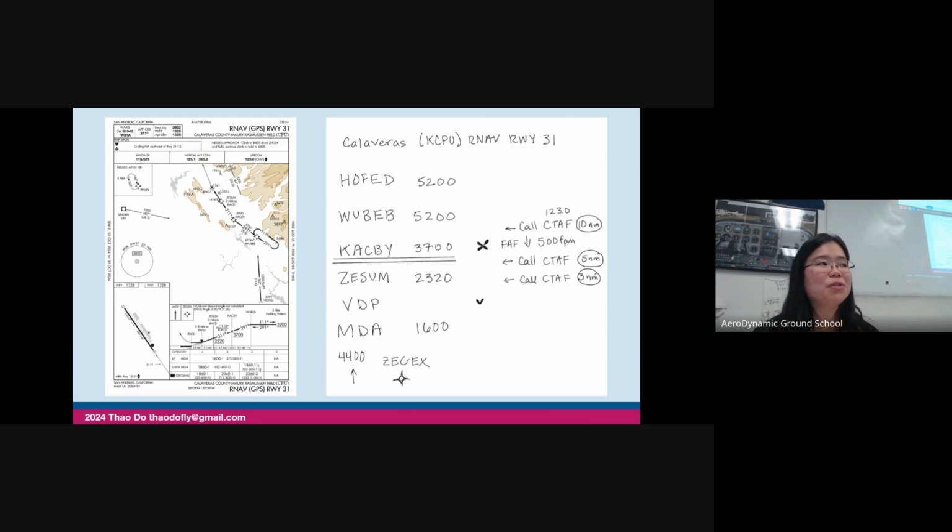So I train my student, we could fly an entire ILS approach, an LPV approach, if the wind is relatively calm for 20 miles hands off, just controlling with our feet, with our rudder, staying really well on course. And that's the power of knowing control performance, having that incredible amount of stability. Then the next fix is ZSUM, right, which is